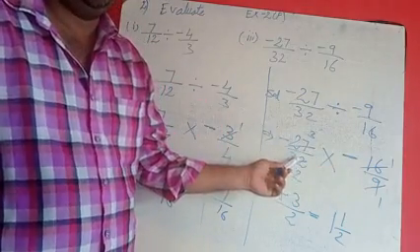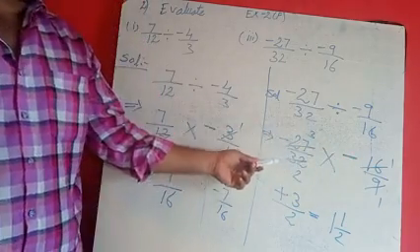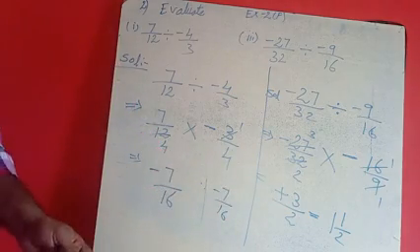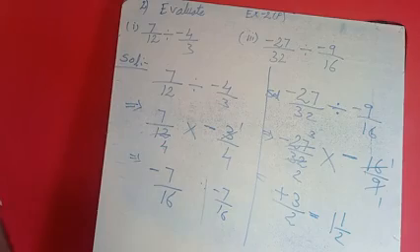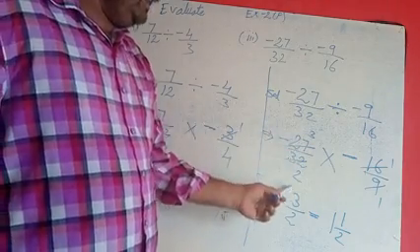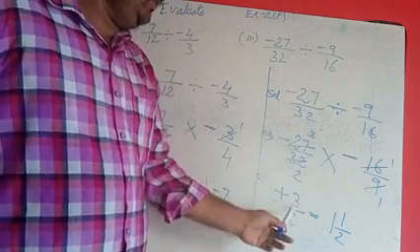9 table 16 is 3 times, so write 3. 16 table 12 is 2 times, write 2. Now what we have to do here? After writing that once, 3 table 3 is 1 time, so write that 1. 3 and 2 table is 2. 3 into 1 is 3. 3 into 1 is 2.